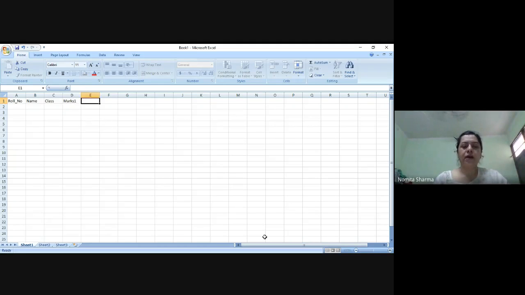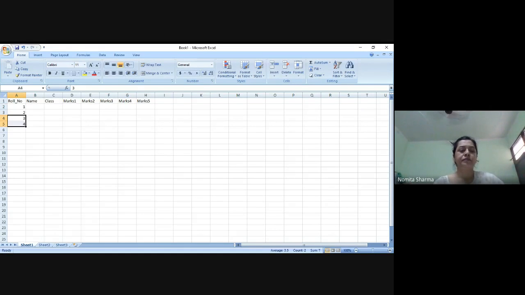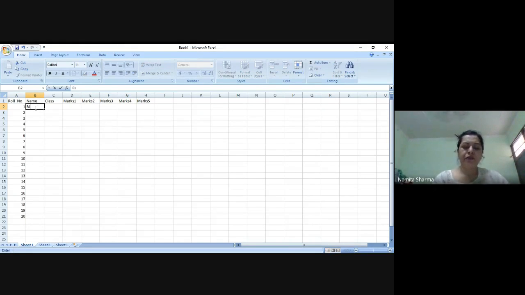Then we write marks 1, marks 2, marks 3, marks 4 and 5. All right. So roll number is very simple. I write like this, because I can't make a very simple table; it has to be a more elaborate table, and then a simple table will be in the form of the pivot table.